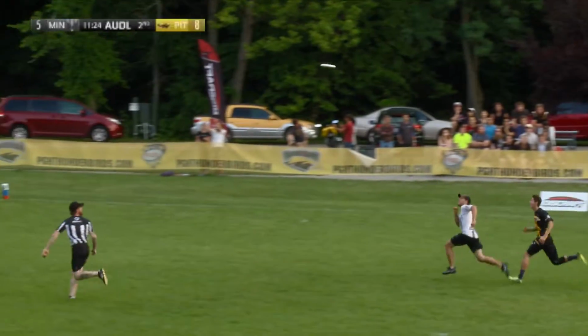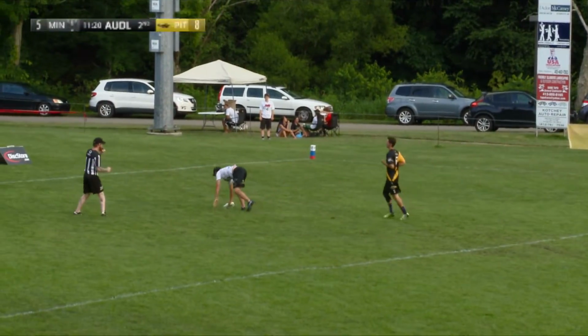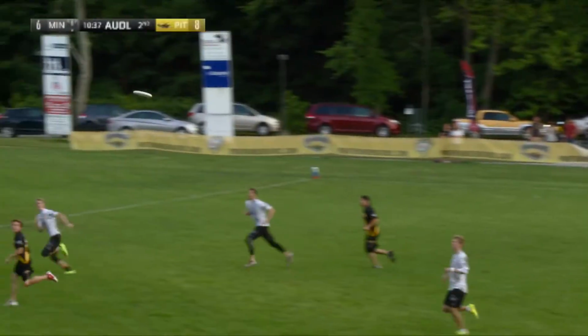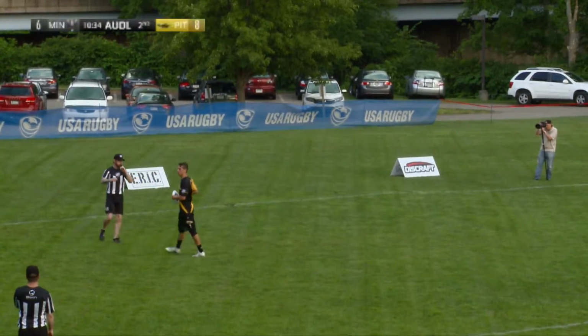Repperman, and now going deep is Grovender. Jonathan Mass is with him. The disc is hanging up in the air. Grovender has some horses. Can he get to it? He does. Catches it on the way down. Pancakes it, and then decides he's going to have a huck, which he sends out to Fedorenko, and Fedorenko catches